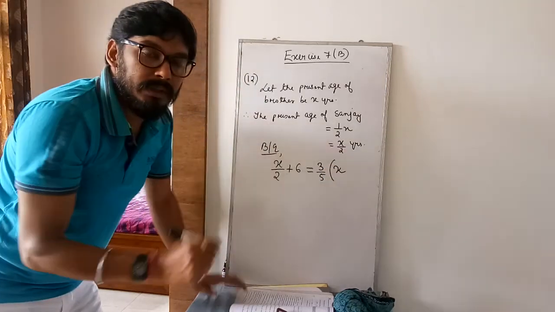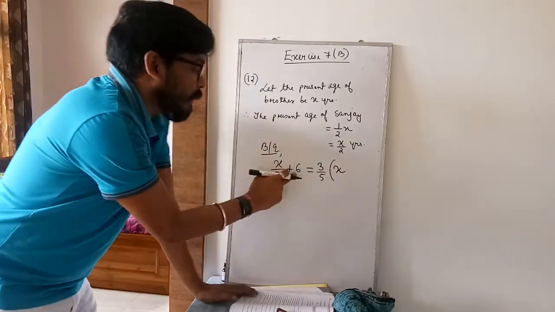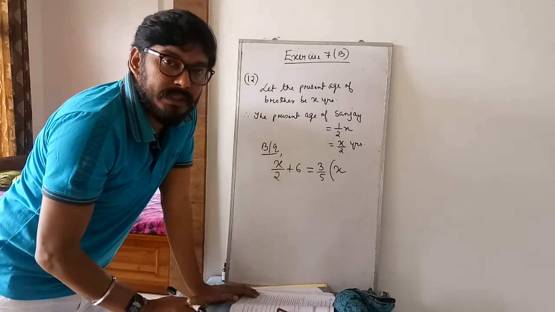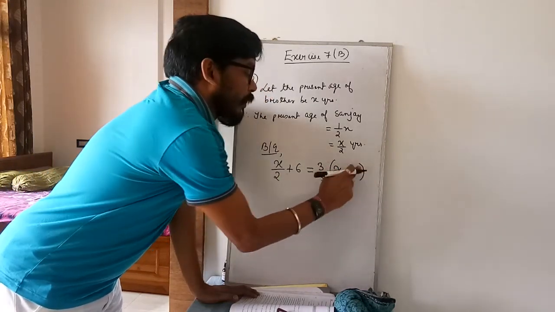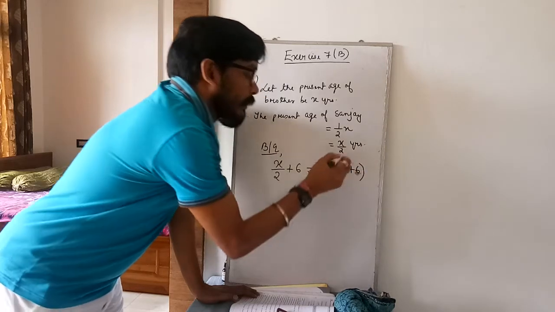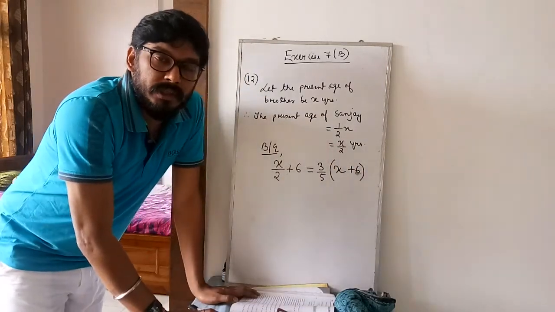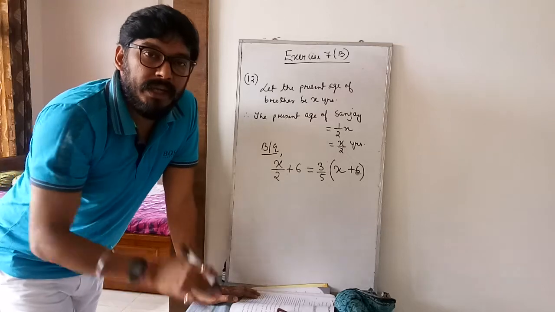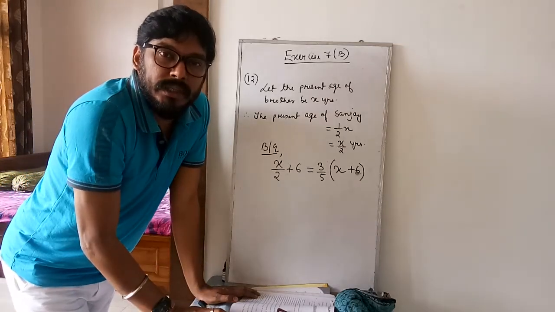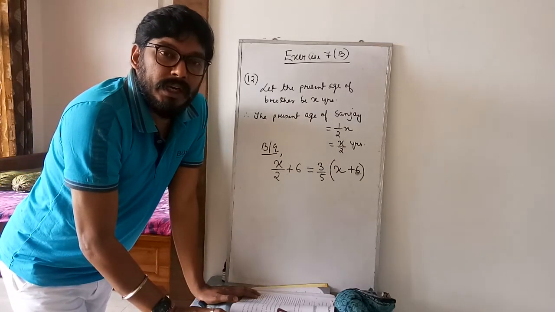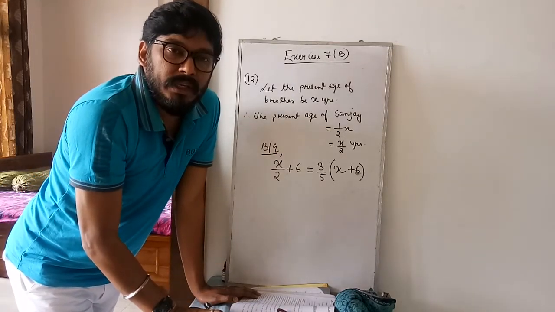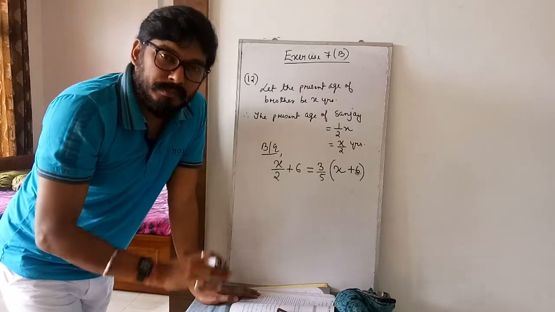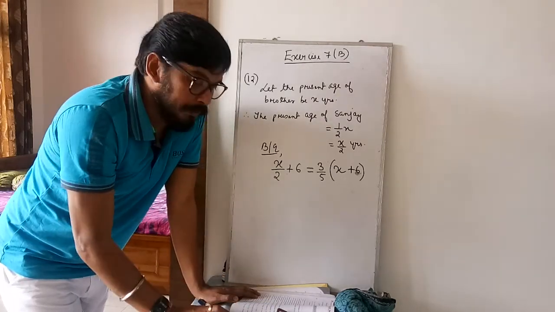Now here one thing will come. Sanjay says after 6 years, so the brother also has to be considered after 6 years. This is the thing you have to do; they will not mention it. Now see, after 6 years if my age increases, yours will also increase. So the comparison will be done. If I compare my age and your age after 6 years, I will add 6 to myself and to yourself also.